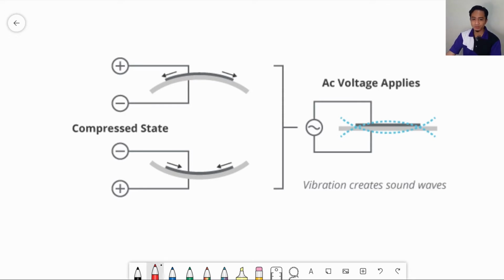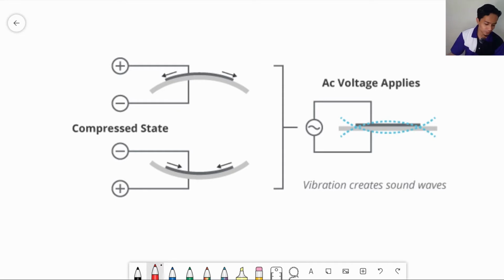Because it only requires less than 5 volts with 20 milliamps of current, we don't need an extra power supply. We also don't need external circuitry to operate this piezo buzzer, and that's why we will use this in our